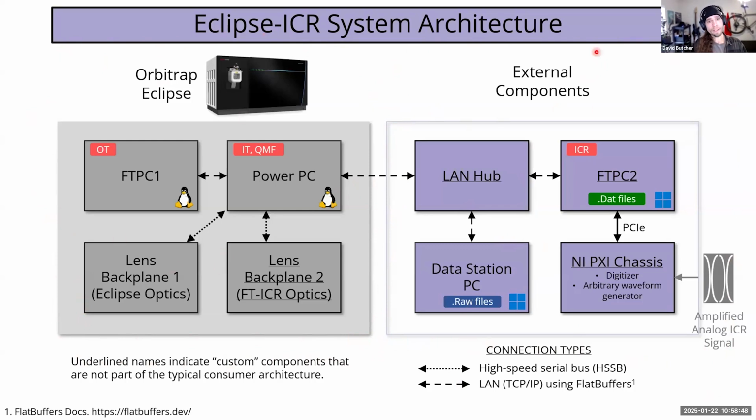So we have the Eclipse on the left, external components on the right. The components which are underlined, like lens backplane 2 and the LAN hub and whatnot, those are all custom components which are not part of the typical consumer architecture. So FTPC1 and PowerPC are both Linux systems, and lens backplane 2 and lens backplane 1 are required in order to control the voltages on the ion optics. And by ion optics, I just mean devices that are used to channel and manipulate and move the ions from place to place. All of this, the internal components, are connected via a LAN hub with TCP/IP connections to both